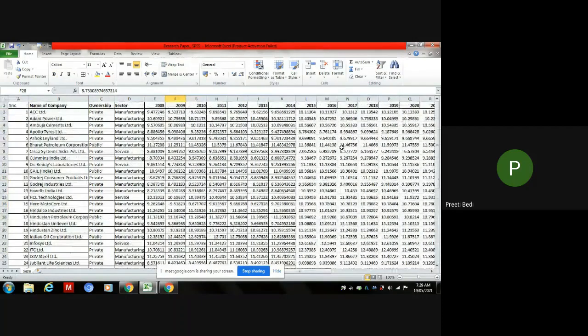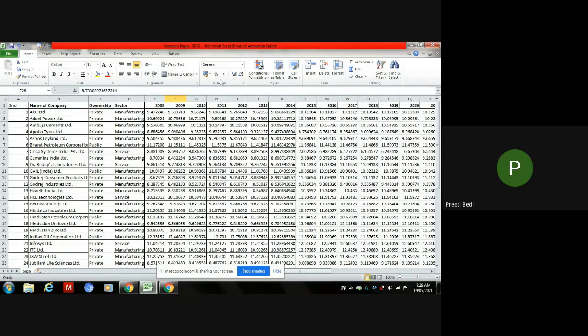We need to reshape our panel data for the analysis. If you're not aware of software like Tableau, you will be manually transposing this data, which is a time-consuming process, and you can also tend to commit some mistakes. So here is an easy task for you: with only a single click, you can transpose your entire data as per the software which is being required.